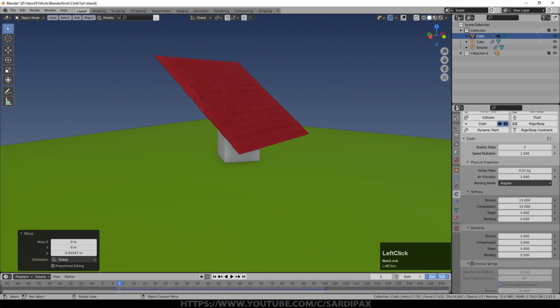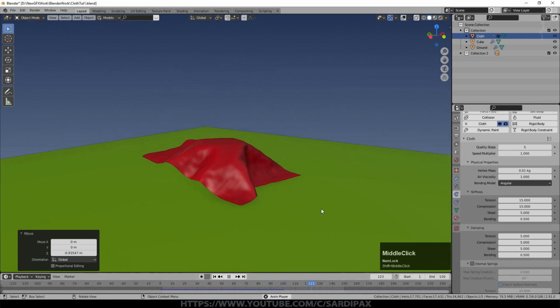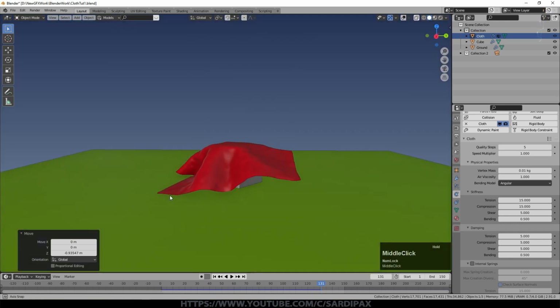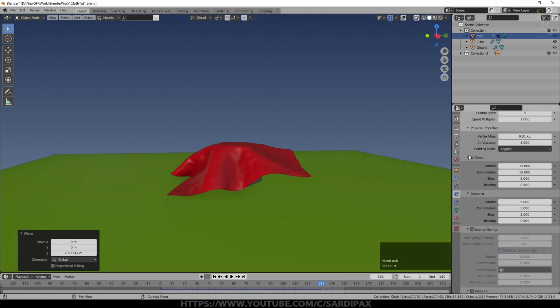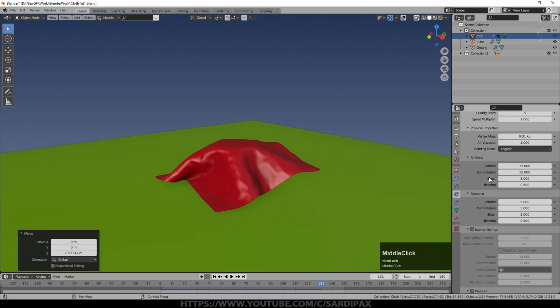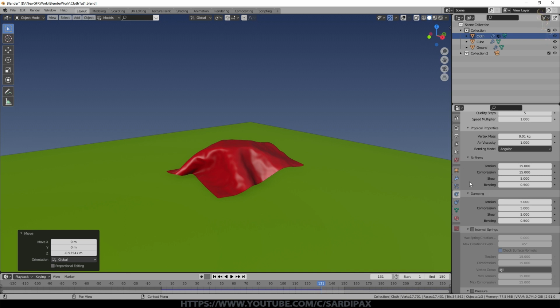but also if I stop it, if I'll give it another 50 frames, I'll take it up to 150 frames now. You can also see how the stiffness of the material is making it stick out much more. So it is like a piece of tissue paper. Because it's not so heavy, it's not pulling itself down to the ground. That's all affected by these areas, so you can play around with things like tension and compression, shear and bending. And it has little tooltips on here on what it means, but they're fairly intuitive. And then you have damping for those effects as well.